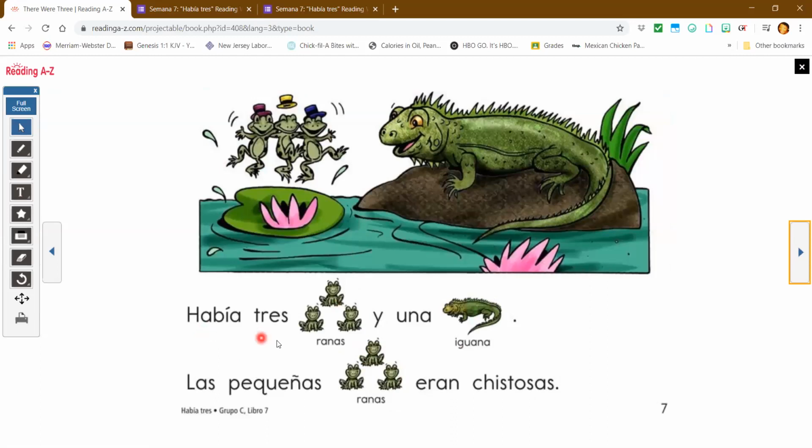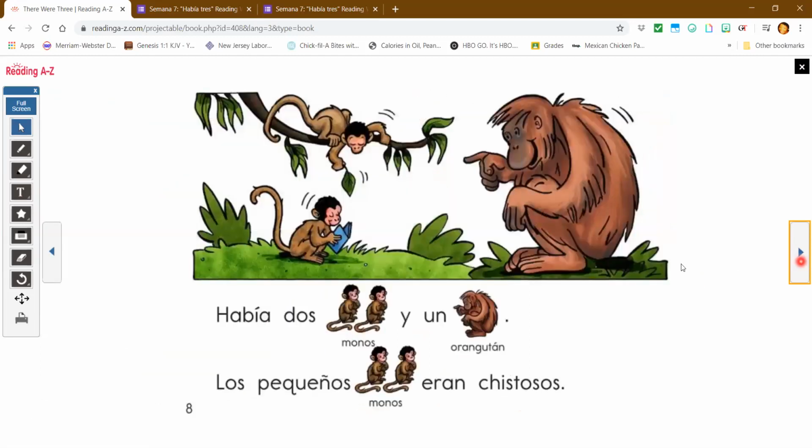There were 3 frogs and an iguana. The small frogs were funny. There were 2 monkeys and an orangutan.